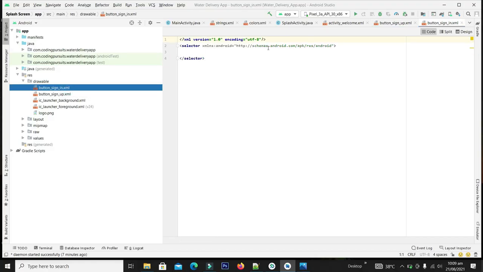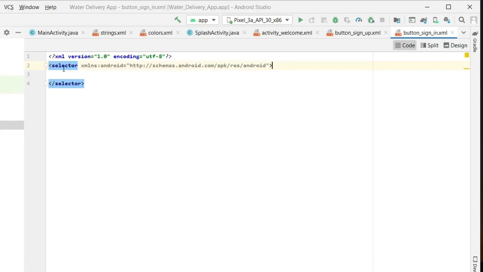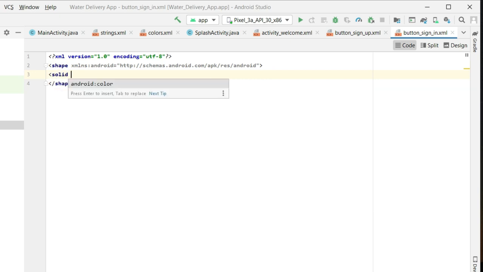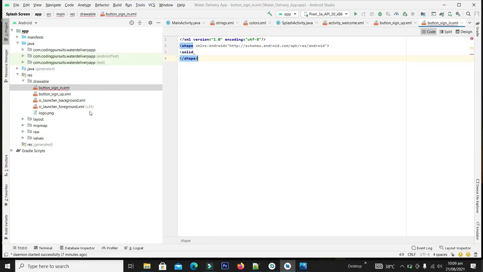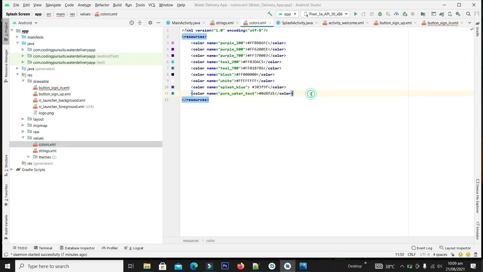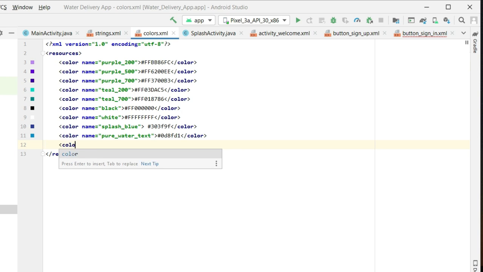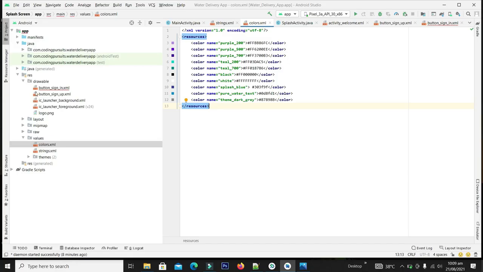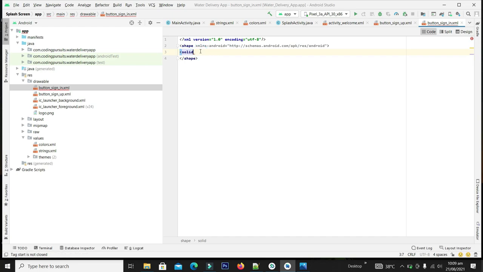Let's repeat the same steps for our sign in button. But before that, let's define its color. In the values, in the color section, now let's allocate this color to this button.